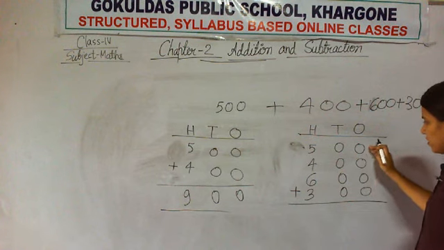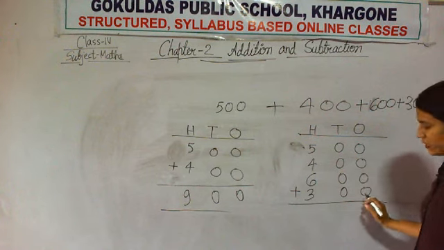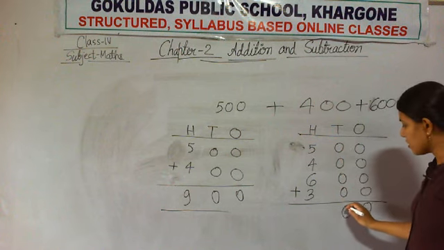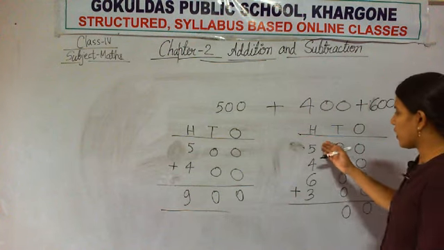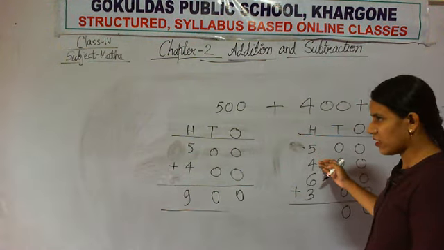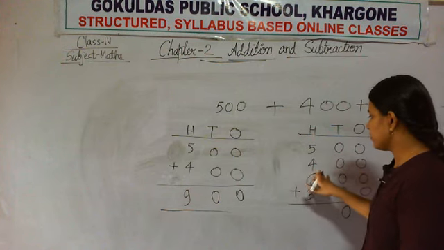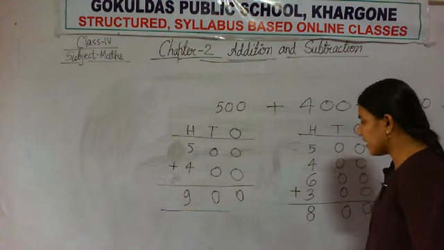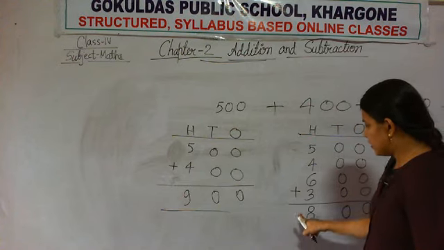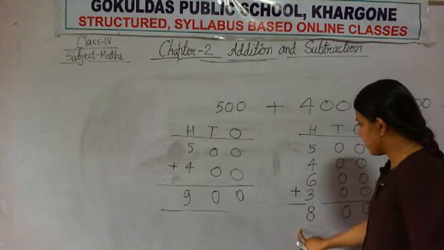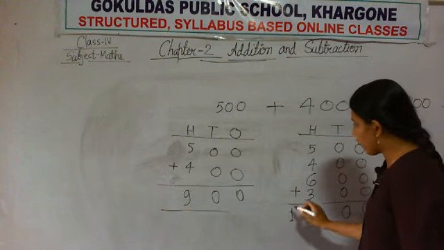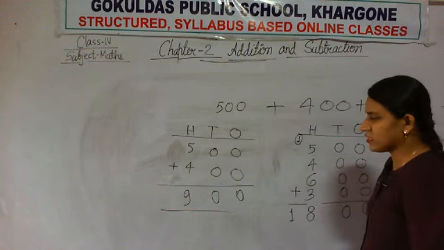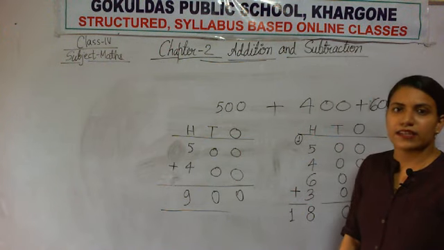Here when you perform addition, 0 plus 0 plus 0 plus 0 at ones place, you got 0. Again 0 plus 0 plus 0 plus 0 at tens place, you got 0. Now here add 5 plus 4 is 9, plus 6 plus 3, 18. So you will write 8 here, because in one column you can write only one digit at hundreds place, and one is carried forward. And here you can see that no digit is there, so you will write this one as it is.